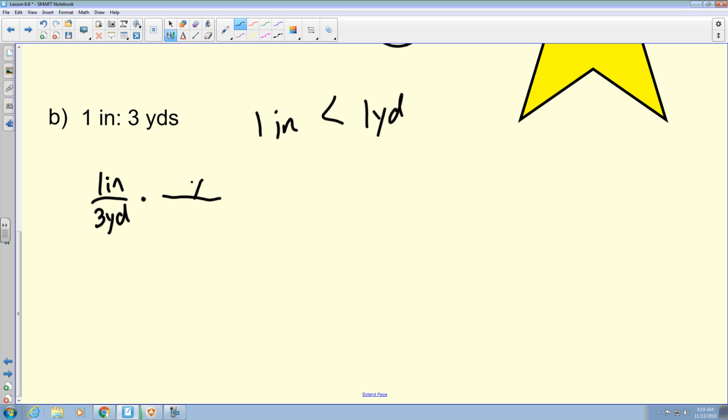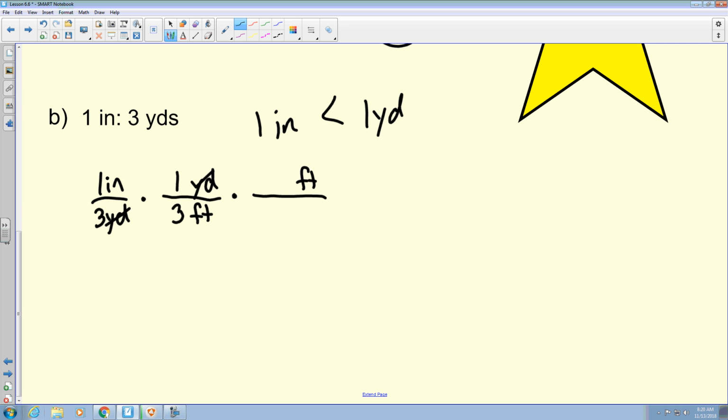So I get yards on the bottom. At the moment, let's use feet as my next value. So I know that 3 feet equal 1 yard. So this gets canceled and this gets canceled. So now they're still not the same yet. So now I go over here, make another one,